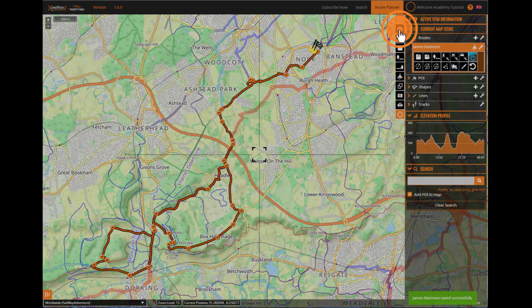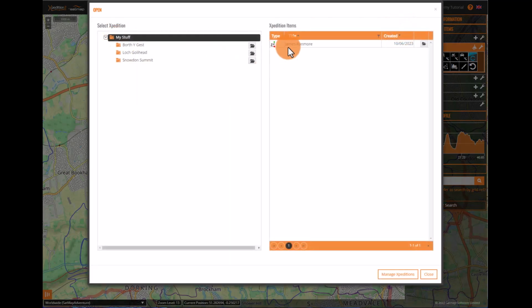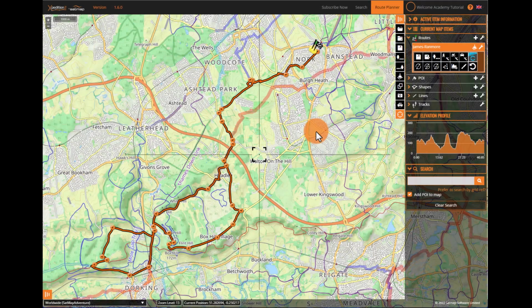So if I now go and open that here, I can see it's in the My Stuff folder, which is where I put it. Okay, now that's not the only way we can import GPX files. If I clear the map off,